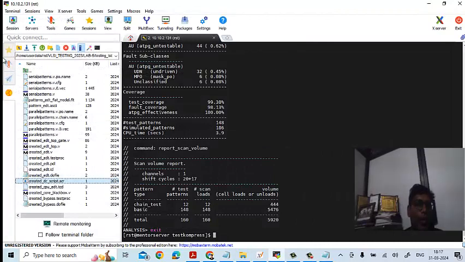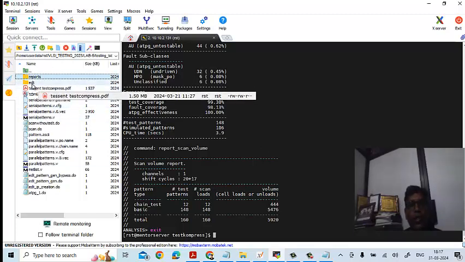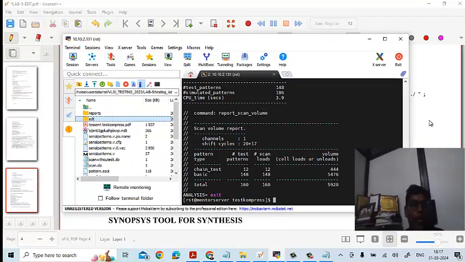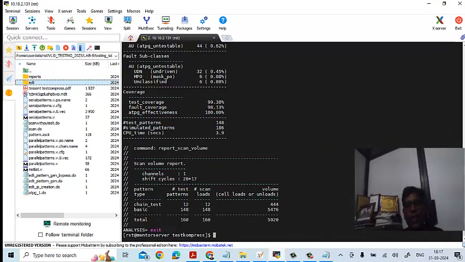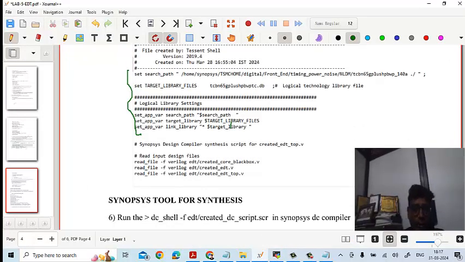Listen here clearly. Once you finish these 2 do files, copy this report and EDT folder to somewhere in your location, and these 2 folders are essential for synthesis. The complete folder, report and EDT, need to be transferred to the Synopsys tool. I believe up to this point it is clear. So you have run 2 do files and their outputs are there with reports and EDT folder. Now let us go with